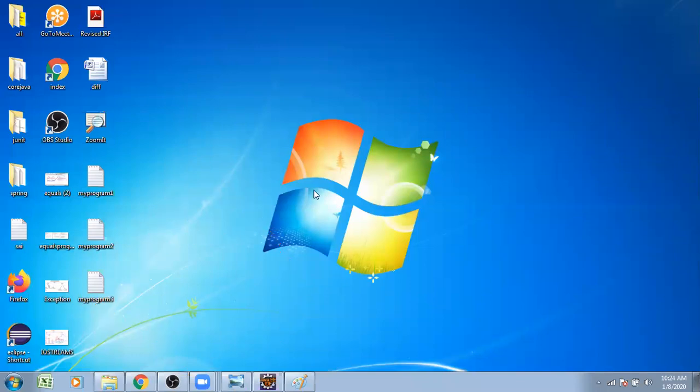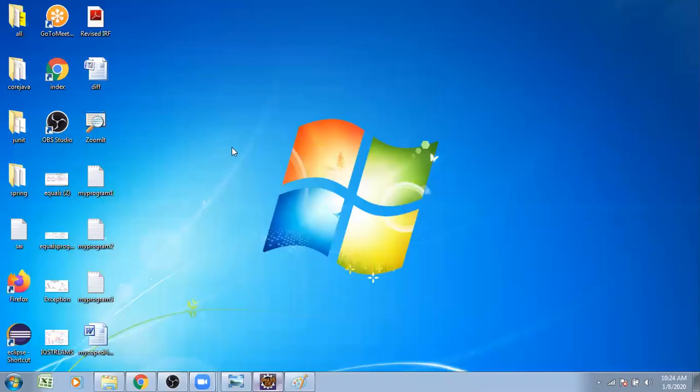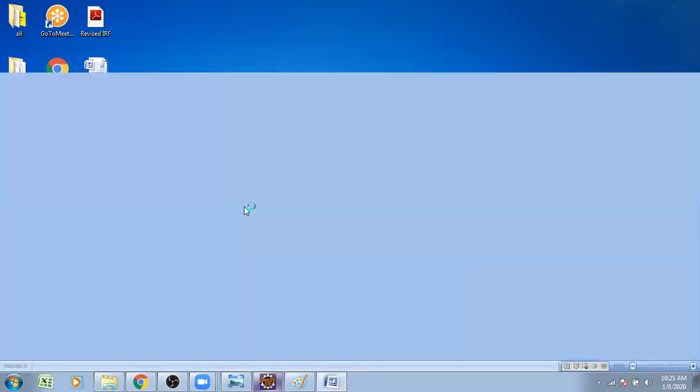See, once we executed, automatically the document file is created. Under the document file, you find all of the files.